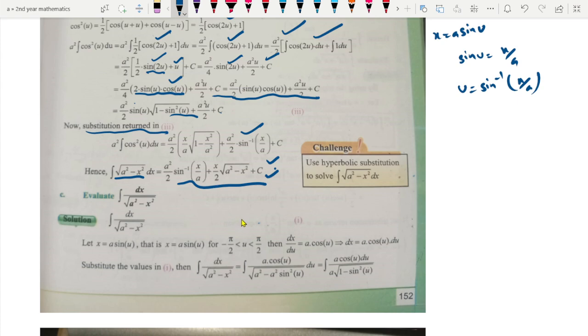Okay, now when you have the situation of this one, 1 divided by a square minus x square, so here you will also let x is equal to a sine of u. So putting the values, at the place of dx we will put this one, at the place of x square we will put this one, and at the place of dx we will put this one, and after simplifying this one we will get